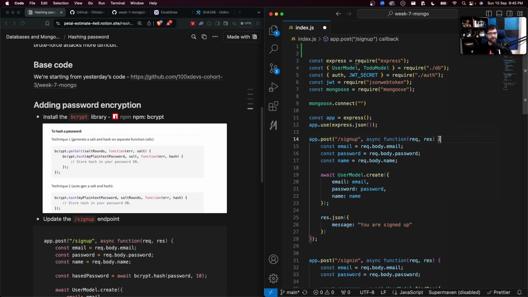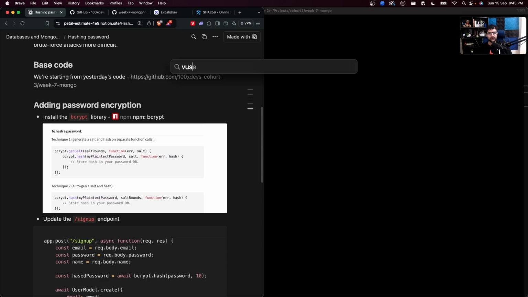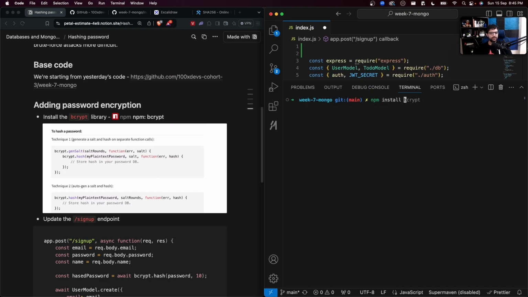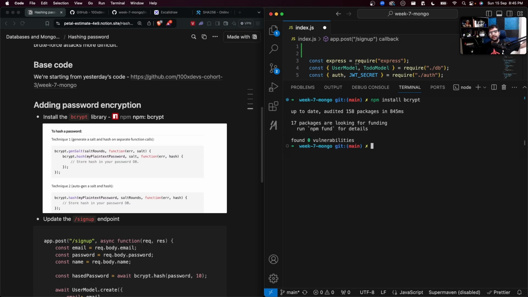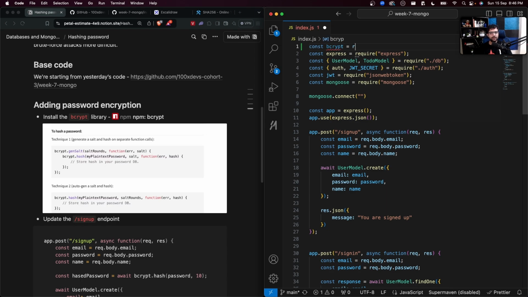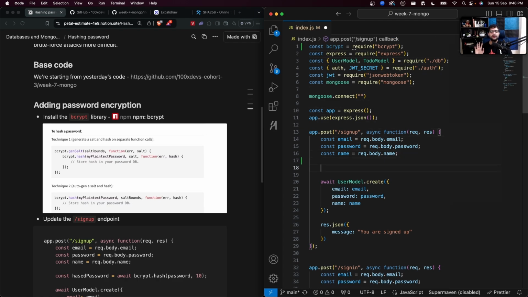Step 1, npm install, oopsie daisy. npm install bcrypt to bring the bcrypt library to our code base. Step 2, import the bcrypt library at the top. bcrypt equal to require bcrypt. And step 3 is what? Here, before I store the password, I need to do const hashedPassword equal to